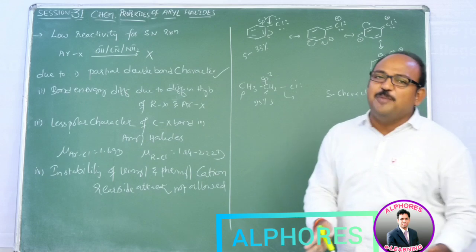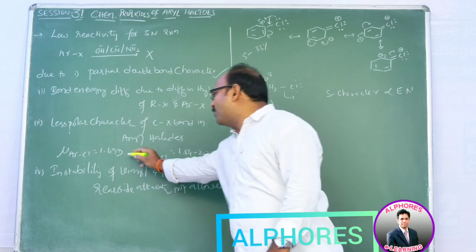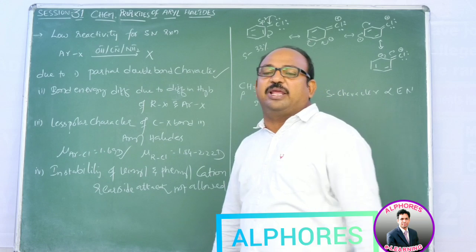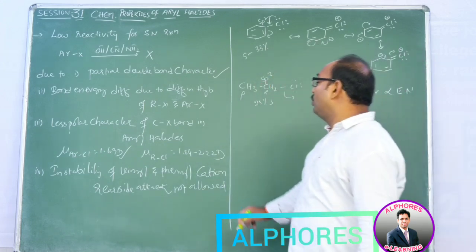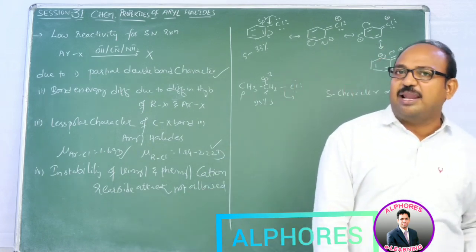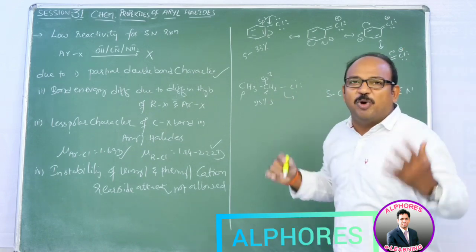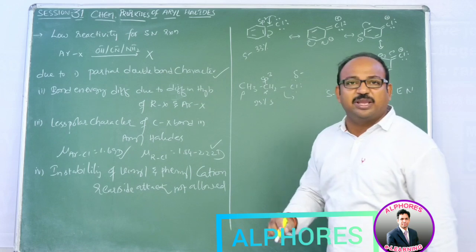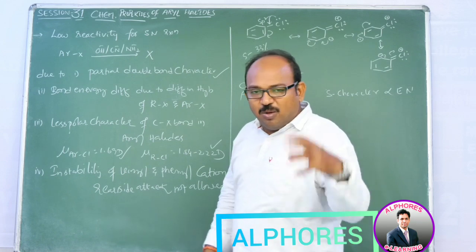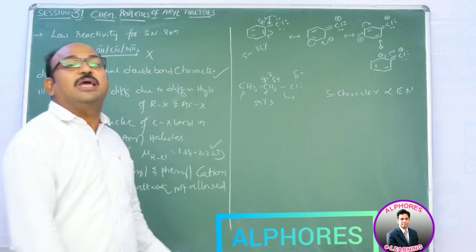If you observe the dipole moment also, the experimental value for the aryl halide chlorobenzene is 1.69, whereas for haloalkanes the dipole moment is up to 2.22. That means compared to haloarenes, alkyl halides have more dipole moment. More dipole moment means more bond moment, so more partial negative charge appears here and more partial positive charge appears there. So the more polar the bond, the more ease of displacement, or ease of substitution.